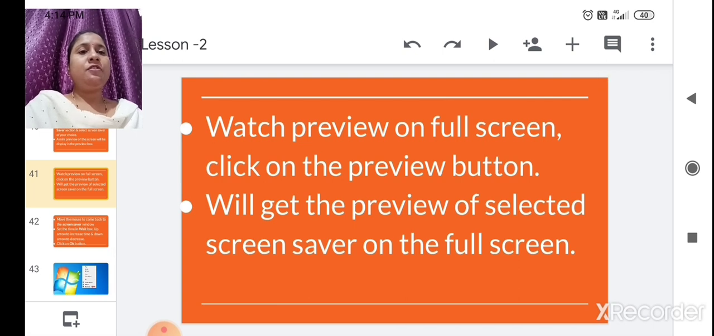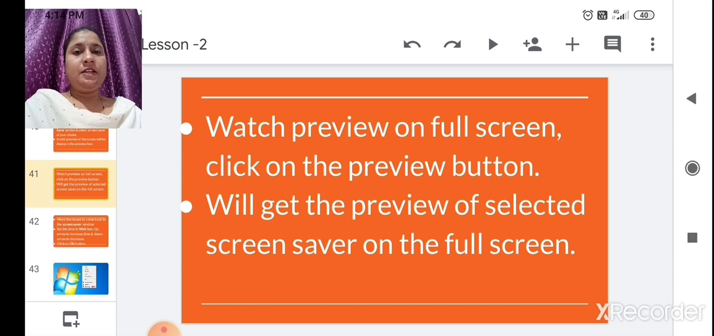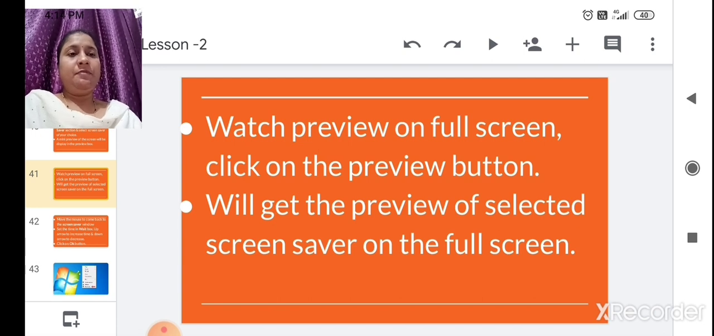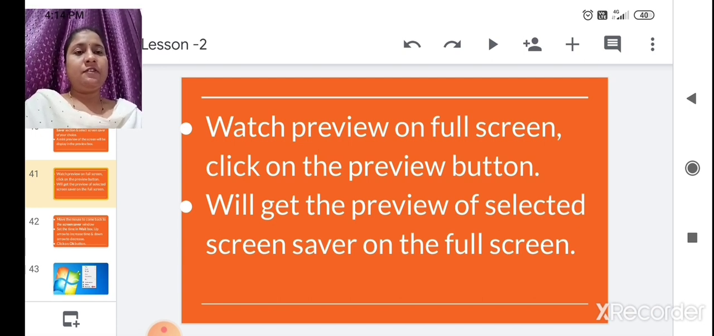Watch preview on full screen. Click on the preview if you want to see whether it is saved or how it will appear on the screen. So you can click the preview button. After clicking on the preview, you will get the selected screensaver preview on the full screen. You will see which picture you have selected on the full